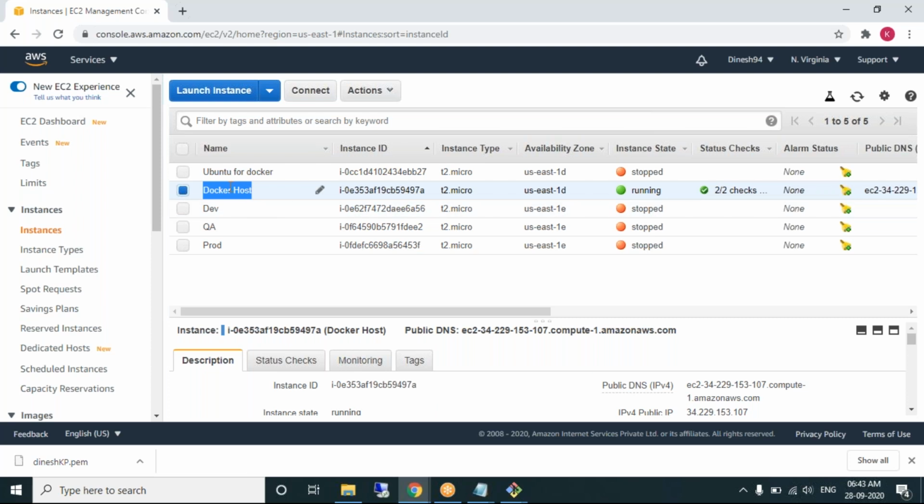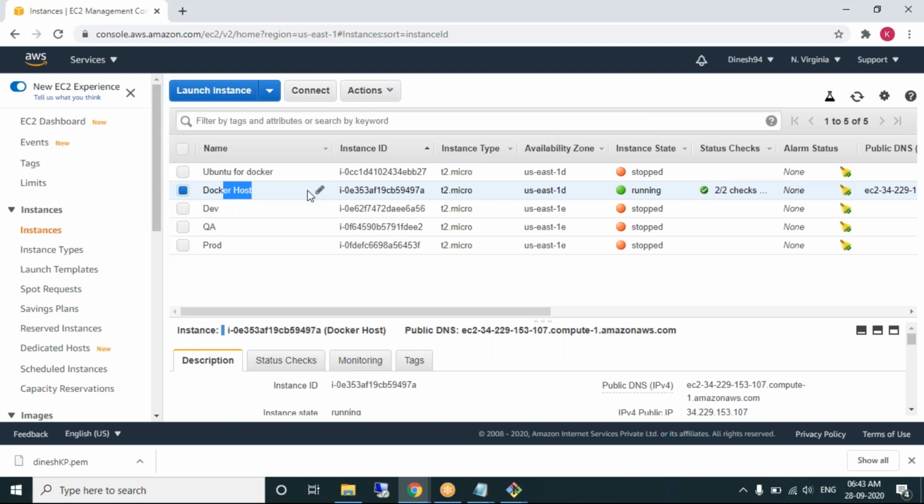It's only one machine. So if you're creating 5 containers, all 5 containers will be running on the Docker host. That's fine, but this is not a distributed environment. This is single infrastructure, single hardware.